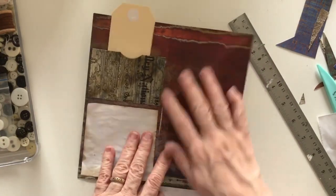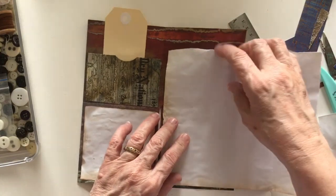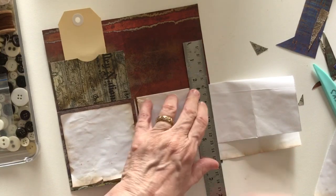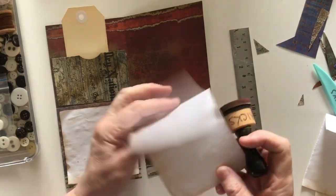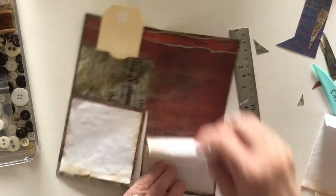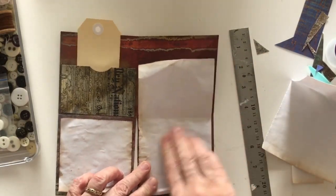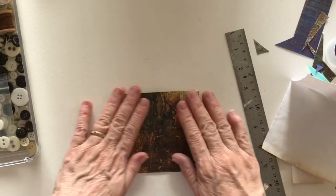here. The other thing I can do with the rest of this is I can use it and leave it folded in half. I'm just seeing where it needs to fold. Might fold that bit down there and then tear this piece off. And again, I'll just ink up those edges a little bit and also the fold. And then I can leave that folded, swing that across, put that down, and then on the front here I